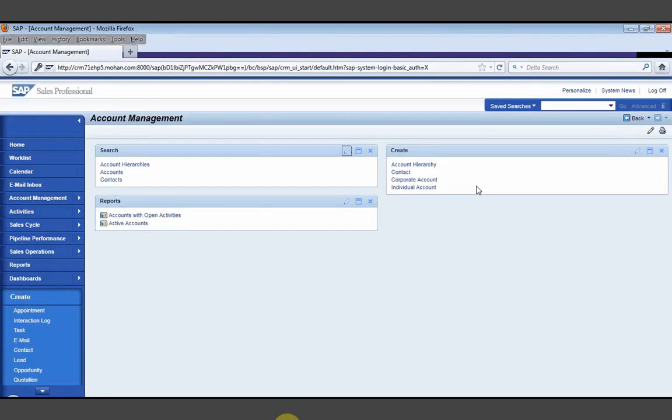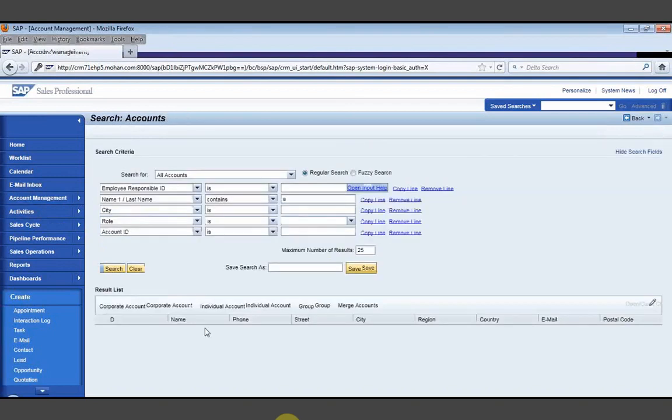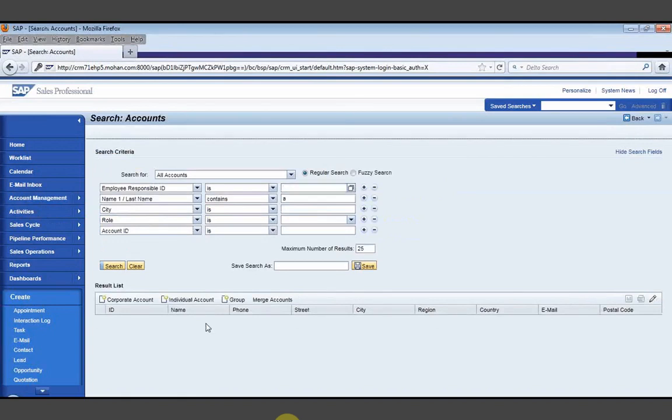So I have opened a GUI, Web UI page, where we will try to search an account. I am in account management and account, and I am searching with a criteria called name1, last name contains A, and city contains Somerset.